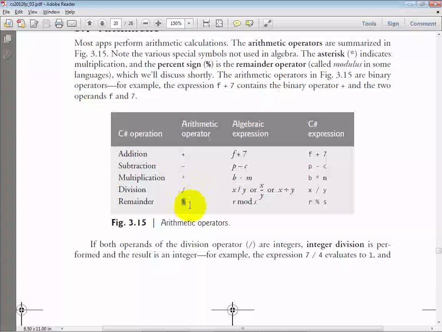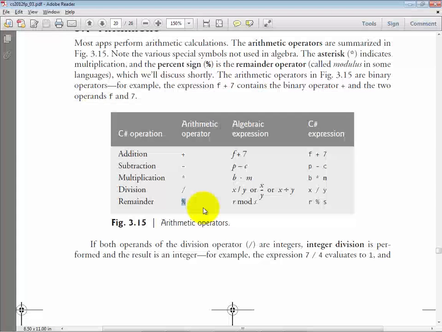And then we also have the remainder operator, which gives you the remainder after a division. So, for example, if I have 7%3, that says divide 7 by 3 and tell me the remainder. Of course, 3 goes into 7 twice with a remainder of 1,